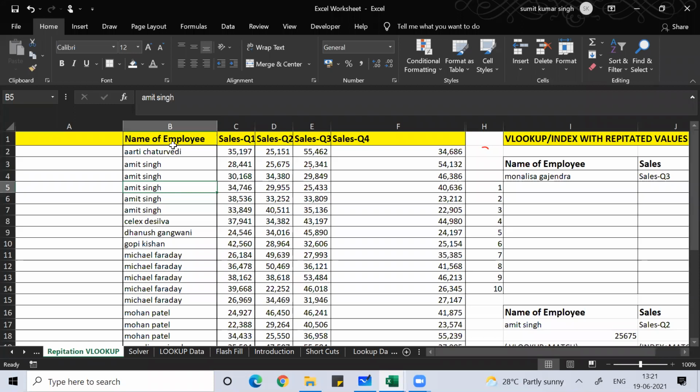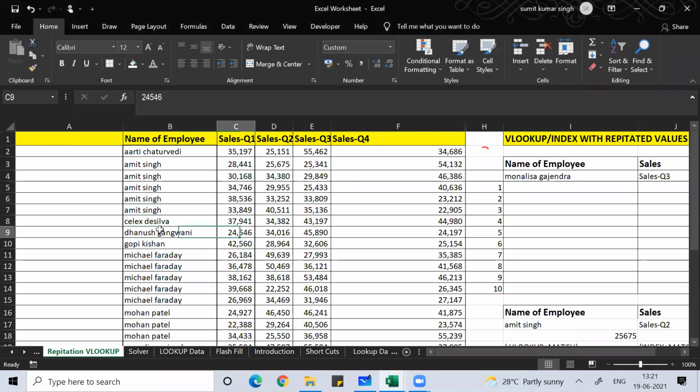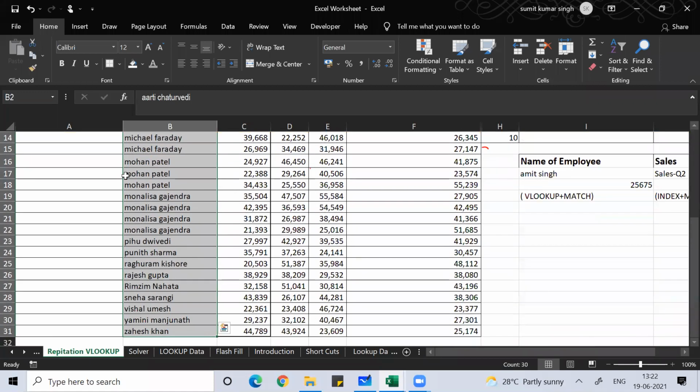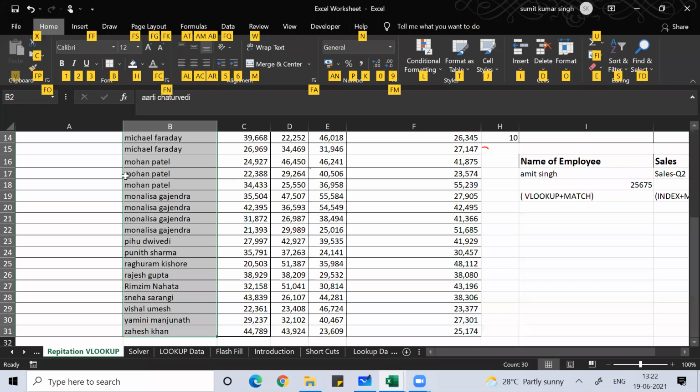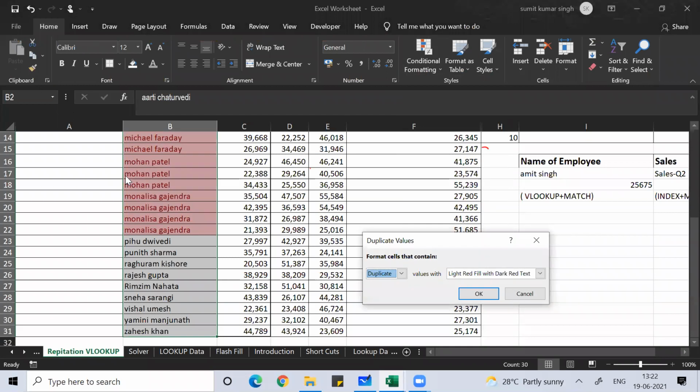If you see here, some employees are given, and the sales figure is given. I know this is not possible, but imagine if there is a repetition of the employee. You can see all the values are repeating. You can check conditional formatting, Alt H L, then H, then D. So you can see duplicate values.